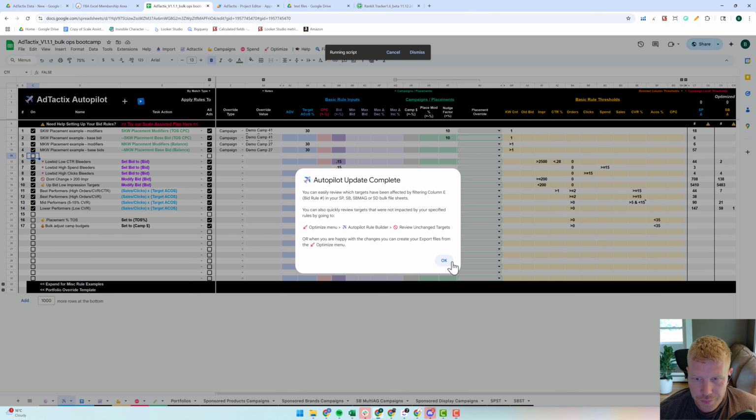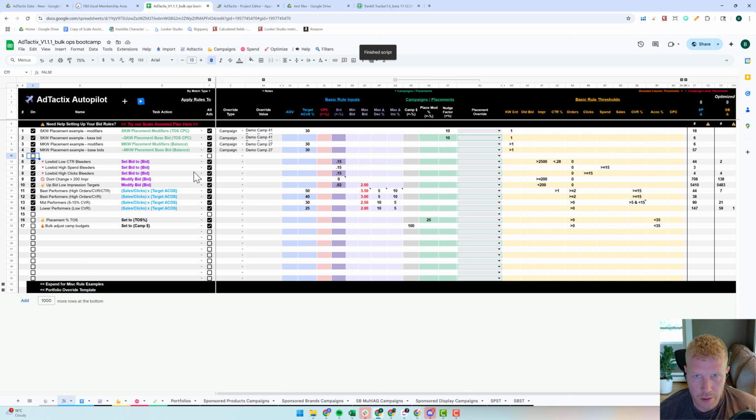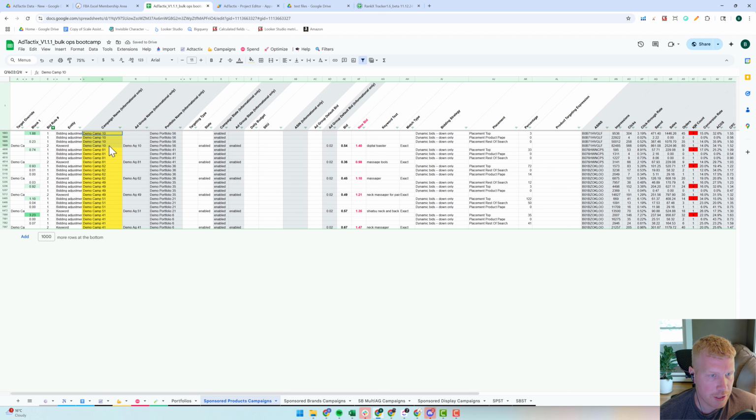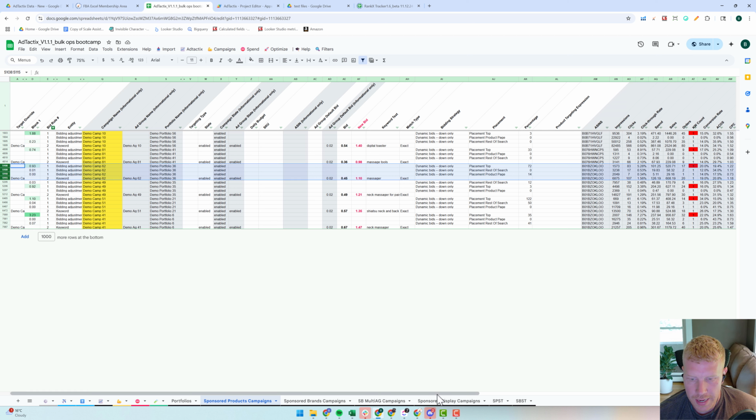All right, so there we go. Now let's go ahead and look at rules 1 and 2. Basically, you can see here is the first single keyword campaign, then the next one, then the next one. I'm basically just looking at the campaign names here when they change. So basically what happened in this example, or let's do this one. This one's more applicable because we've got multiple placements that have changed. All right, so you've got